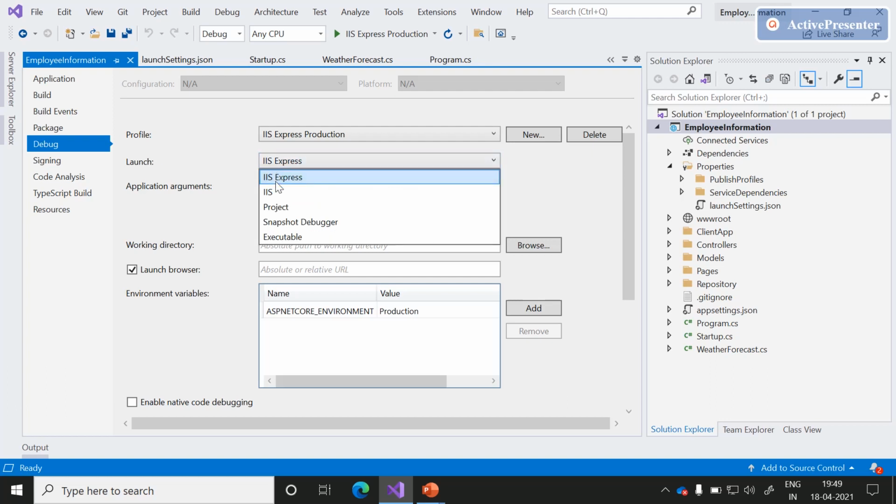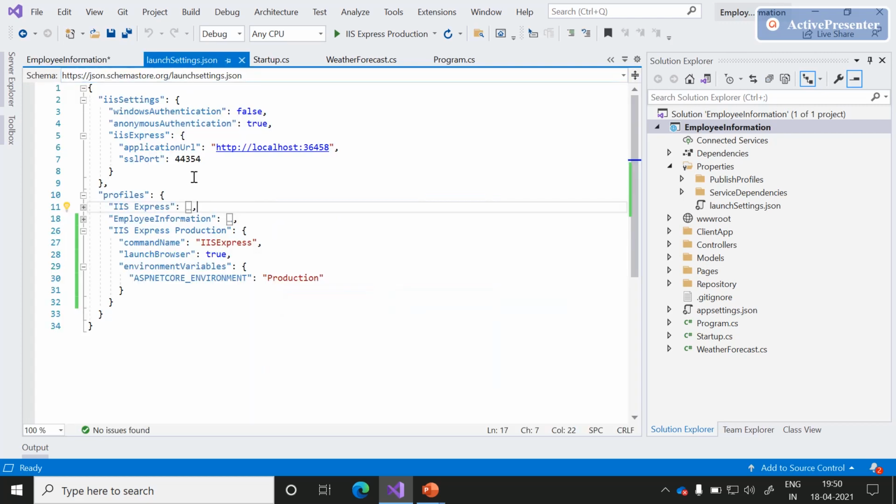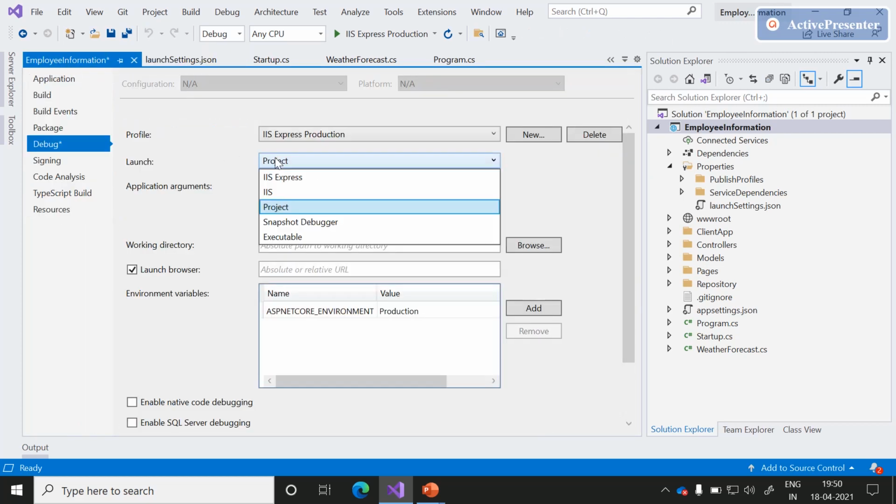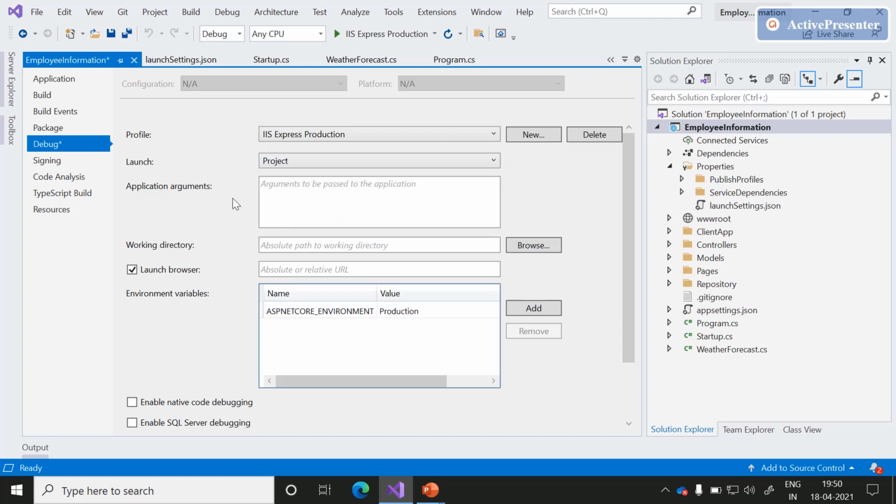In the Launch section we can also see in how many ways we can launch our application: IIS Express, Project, which by default points to our EmployeeInformation project, and there are also Executable and Snapshot Debugger.